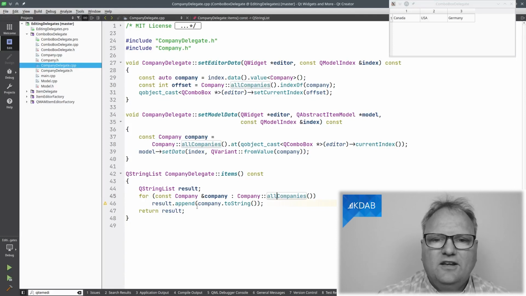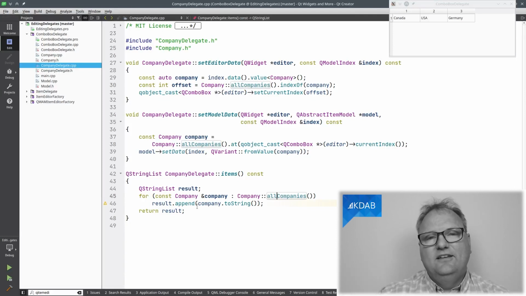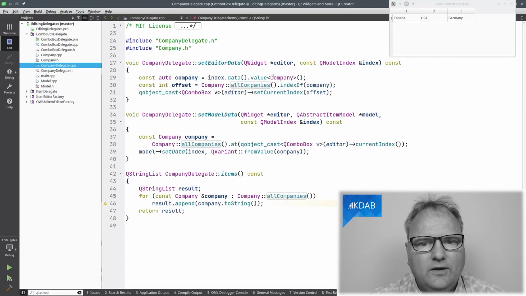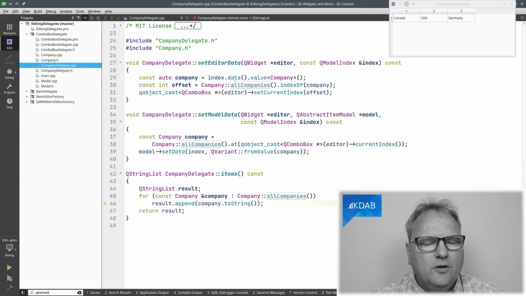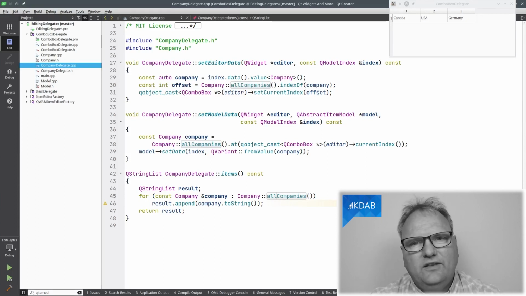And because I get company instances from the model, whenever I call set editor data, I need to go and convert that into something that I can understand. So I go and get that company, I go and get all the companies, I figure out what index this is in all the companies, those that are displayed down here, and I set current index with this one.